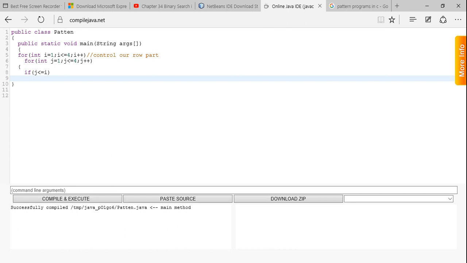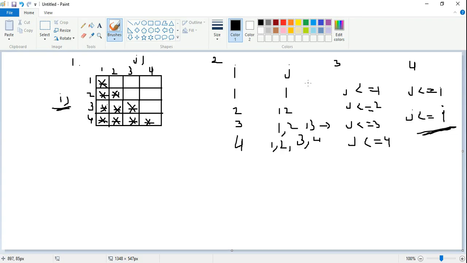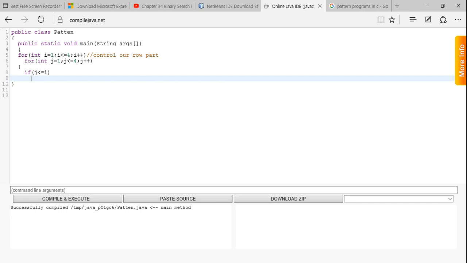Now when the loop starts traversing, what will be the value of i? i will be 1. Then what will be the value of j? j will be 1. In which values do we need a star here? 1 and 1. You can clearly see that we need it on 1. So we can write our logic here: if the value of j is less than or equal to i, which is 1,